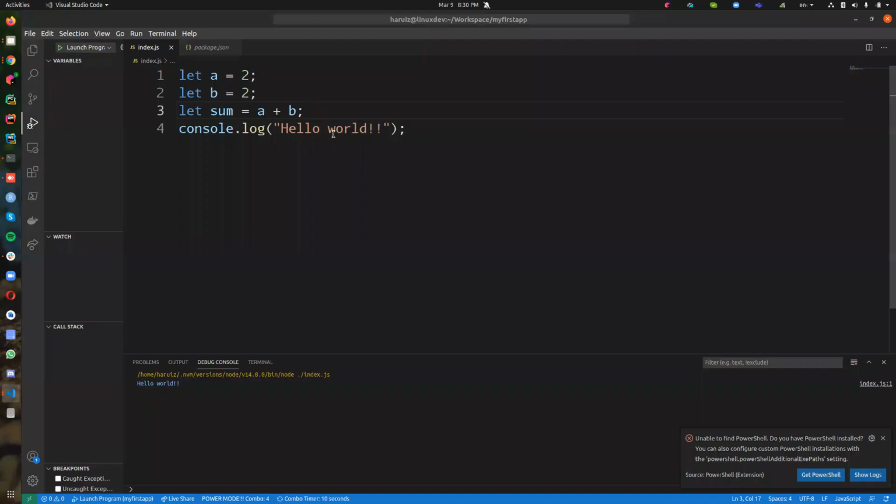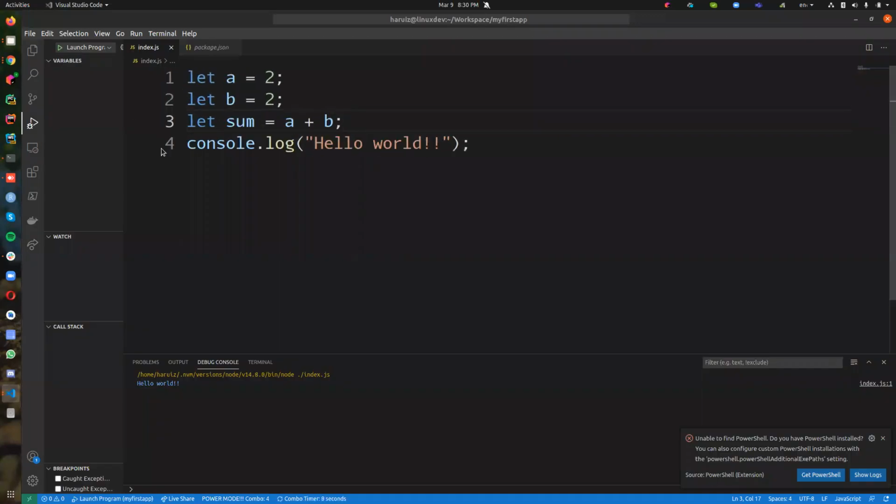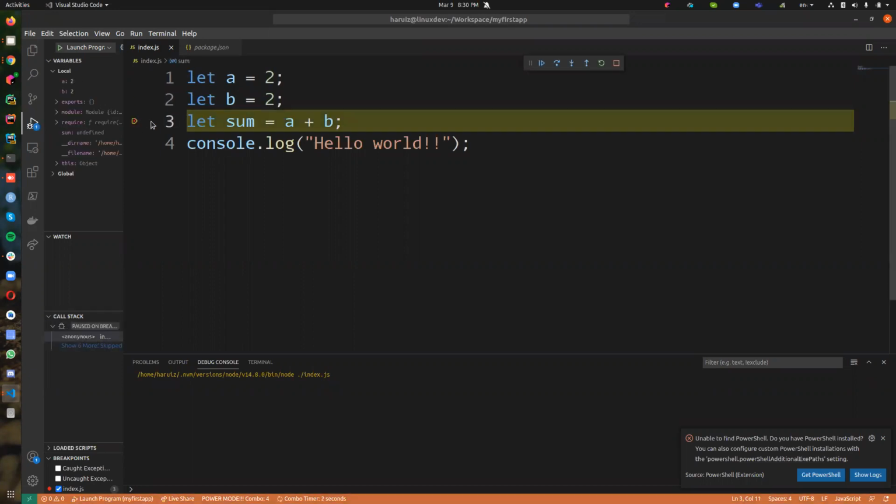You guys can actually see better. Okay, so here I'm going to click. I'm going to make a breakpoint here, and I run my app, and look at what's going to happen. When the application is executed, Visual Studio Code is going to stop the execution at that particular line where we have the breakpoint. And you can go here to the debug console, and you can play around with the